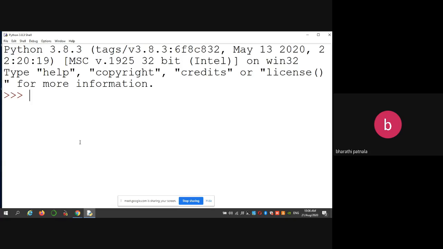List, sets, and dictionaries are all mutable data structures, whereas tuple is an immutable data structure. In mutable, once we create the data structure, later we can modify it. That means you can add an element into that structure or remove an element from it.